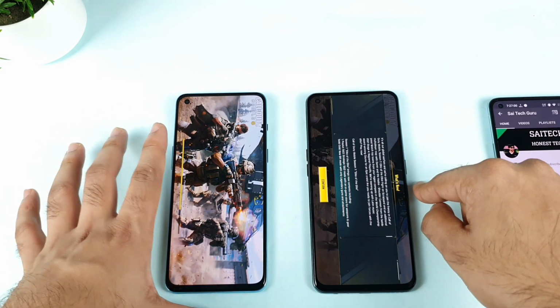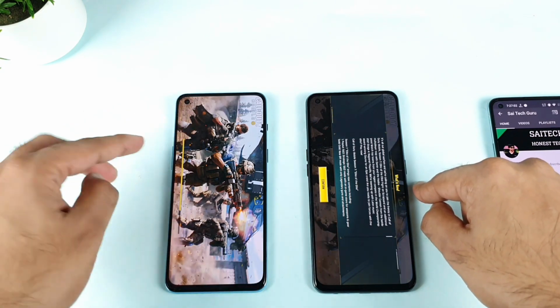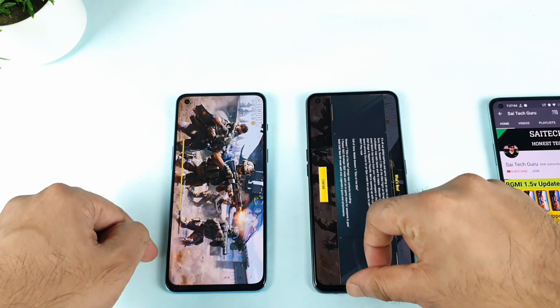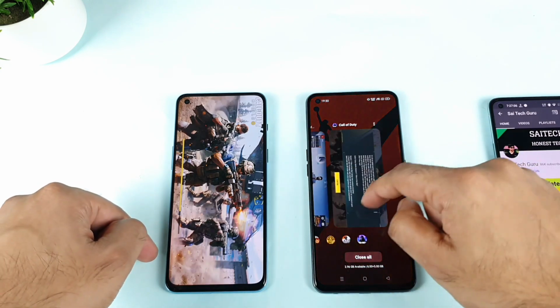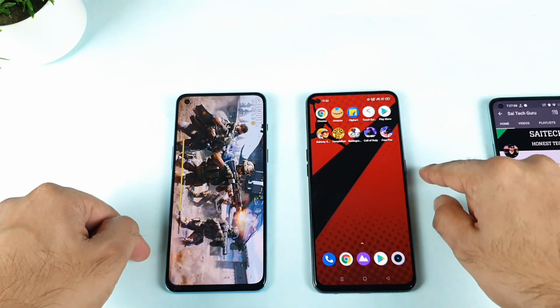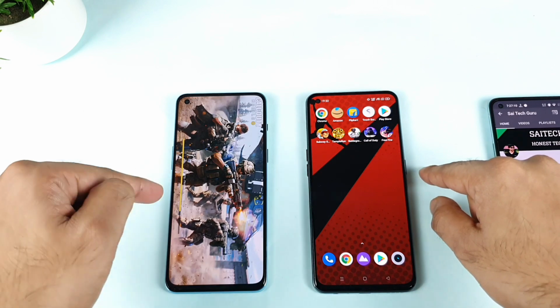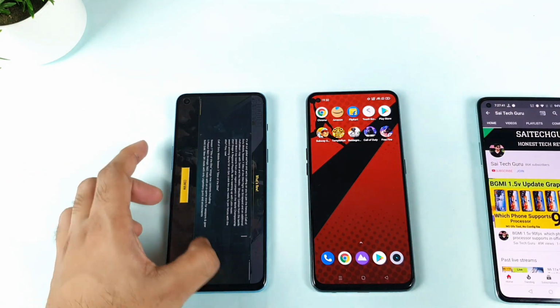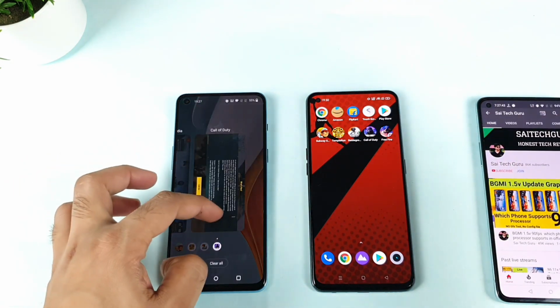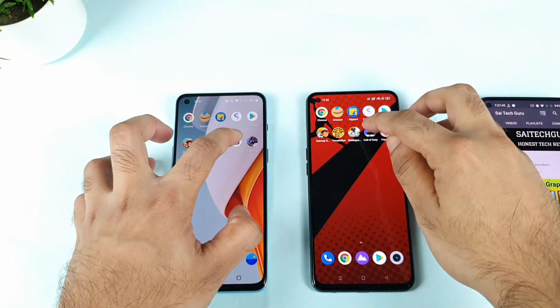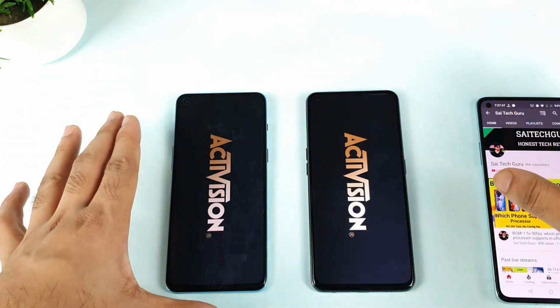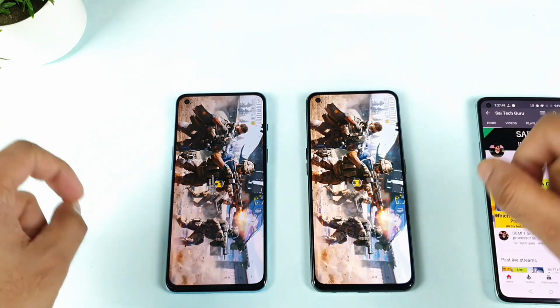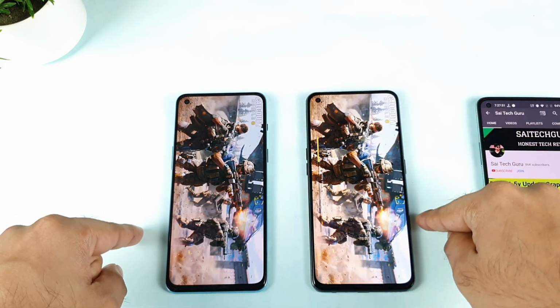So what I'll try to do is close it and open it again once the update finishes. Then we'll be able to understand which opens this confirm page faster. So let it download completely. Right now we got the confirmation, and let me close this Call of Duty and open it again. Let's see what will happen this time. So now the game has been updated successfully. Sorry for the disturbance. And now let's see what happens with this kind of speed.